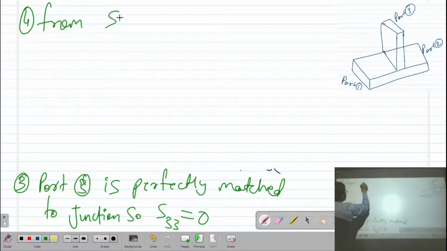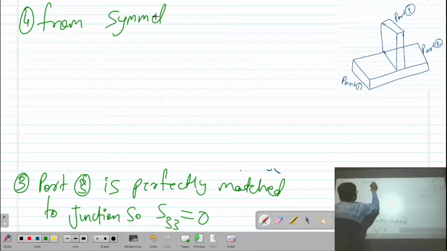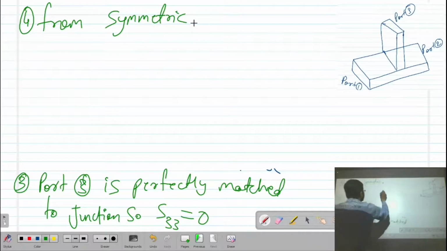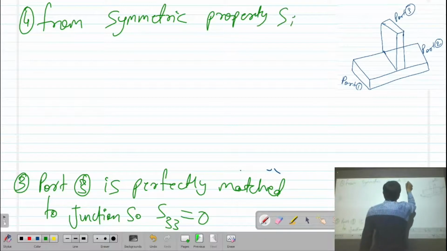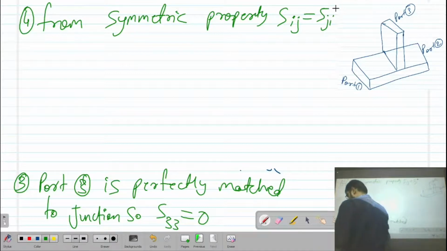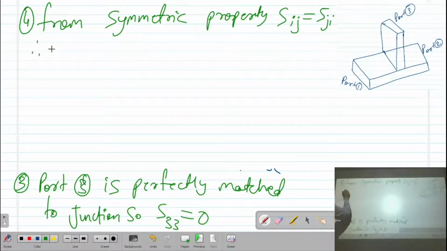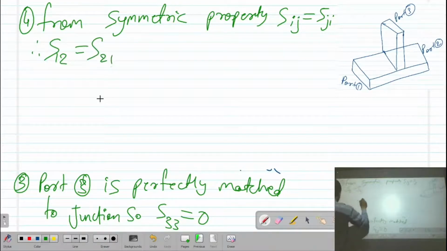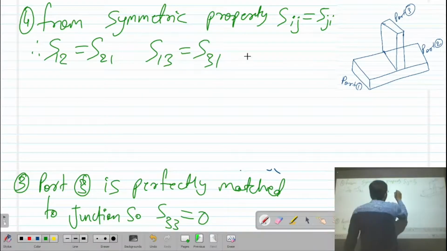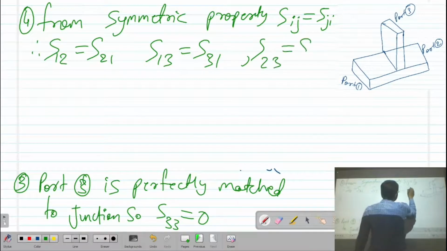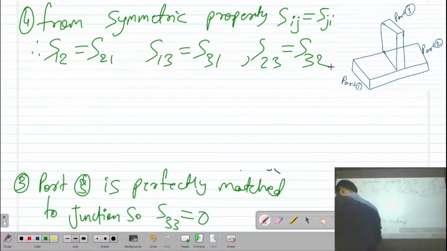Now from symmetric properties, that is Sij will be equal to Sji. We have S12 equal to S21, S13 equal to S31, and S23 equal to S32. With the above property,